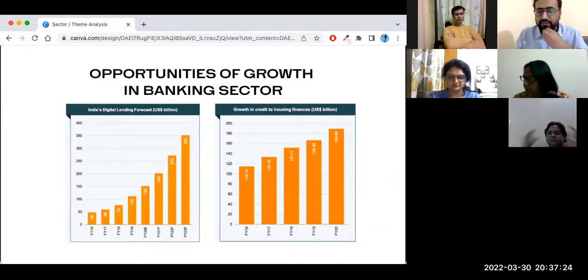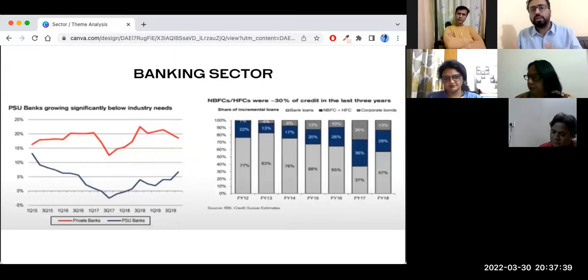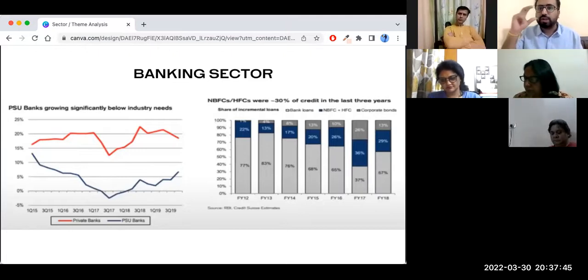Krishna says Devan Housing Finance. Tapan says, what may be the reason? What do you mean, what may be the reason? What is the reason why NBFCs and HFCs are growing faster? Because they have clear focus on one particular niche or one particular area. They are specialists in giving one kind of loans or one ticket size of loans also.